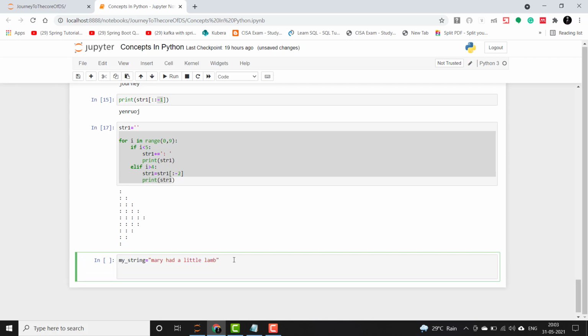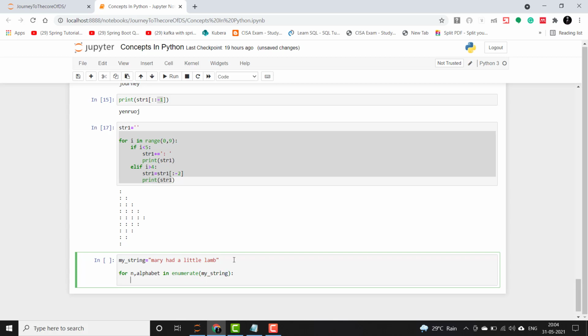Okay, let's say that we have this sentence and I have n in alphabet with enumerate function. Okay, and I will print this.